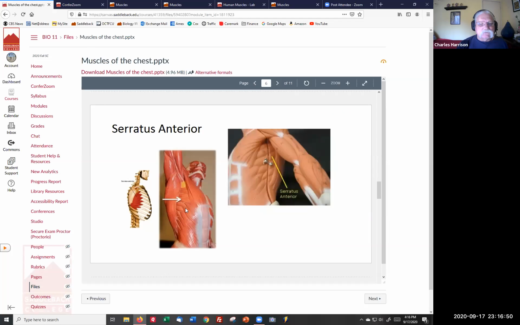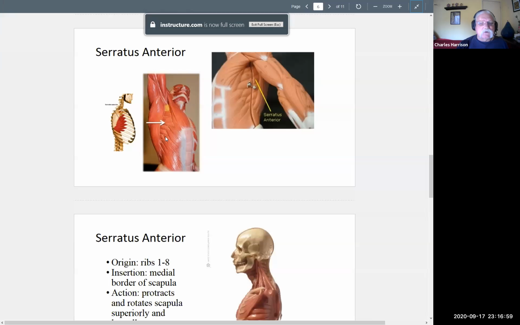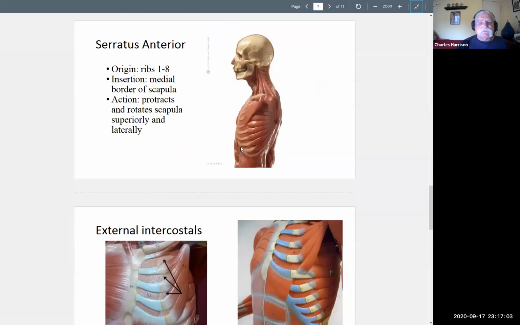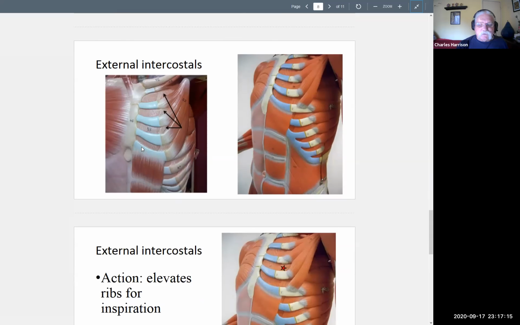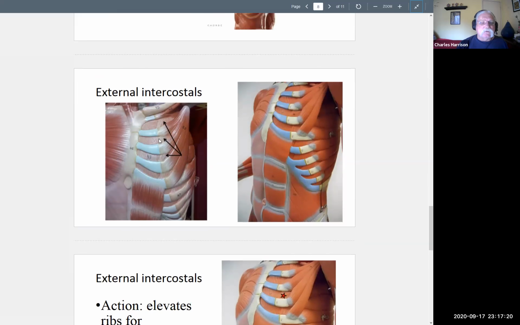Okay. The serratus anterior, this one's got a nice arrow. It's just not very large. And even if I bust it out, it's not going to enlarge much. Here's the serratus anterior. The external and internal intercostals, the more you hear about them, the better. These are our last two today. Here are the ribs, sternum,